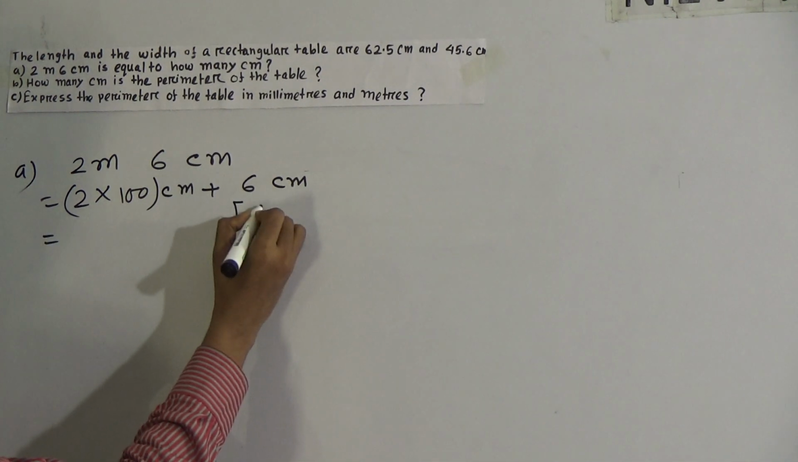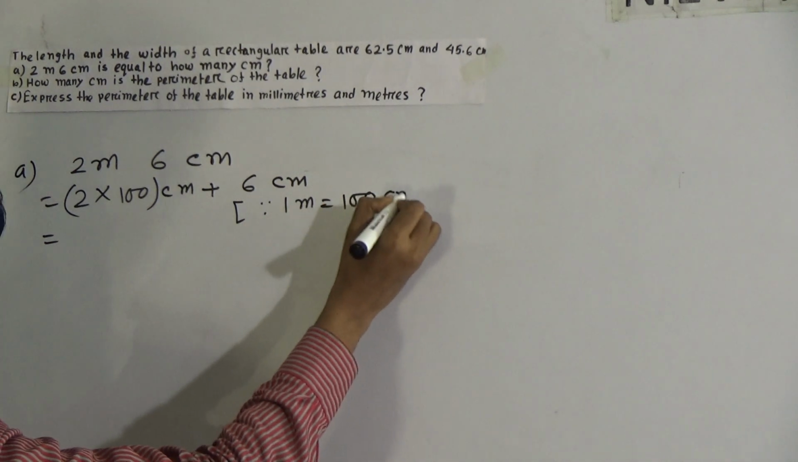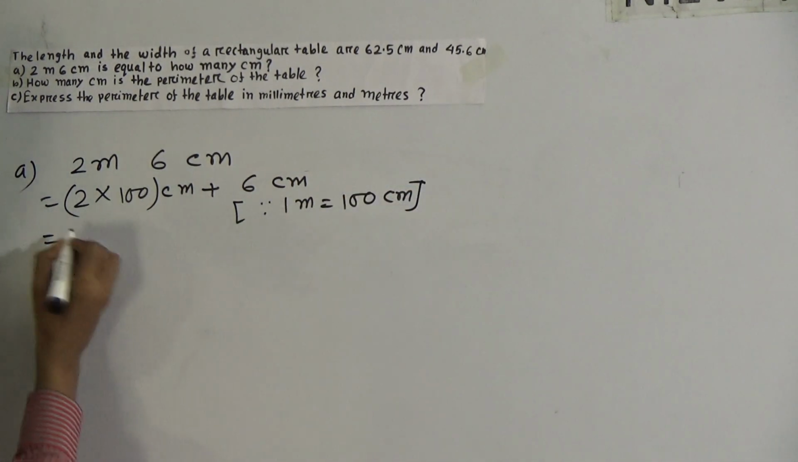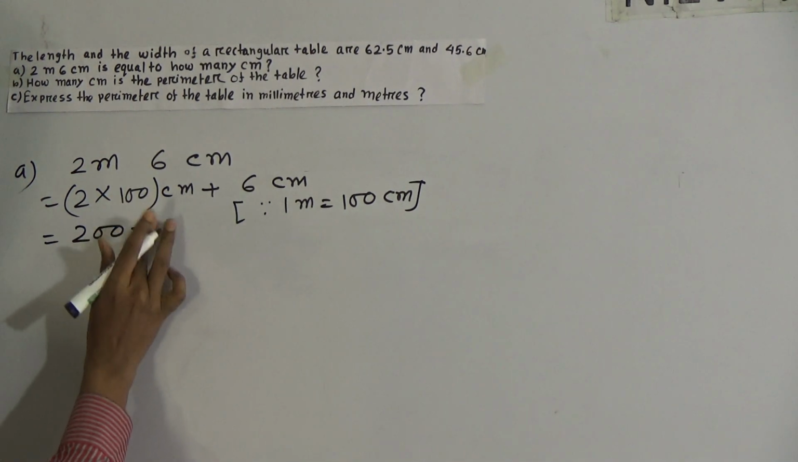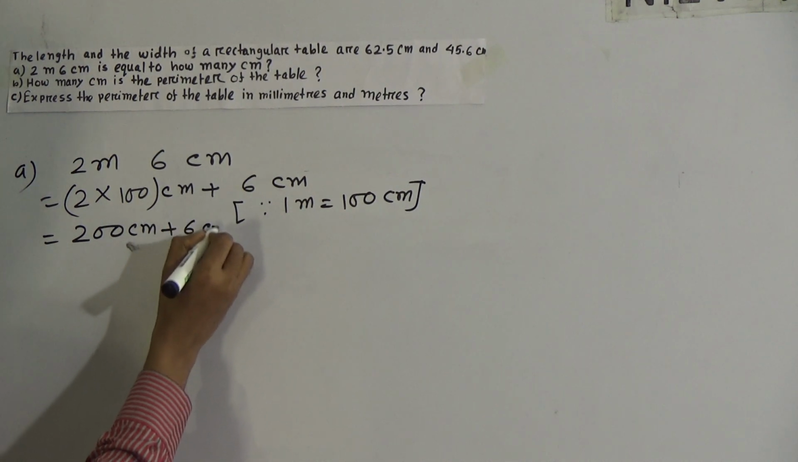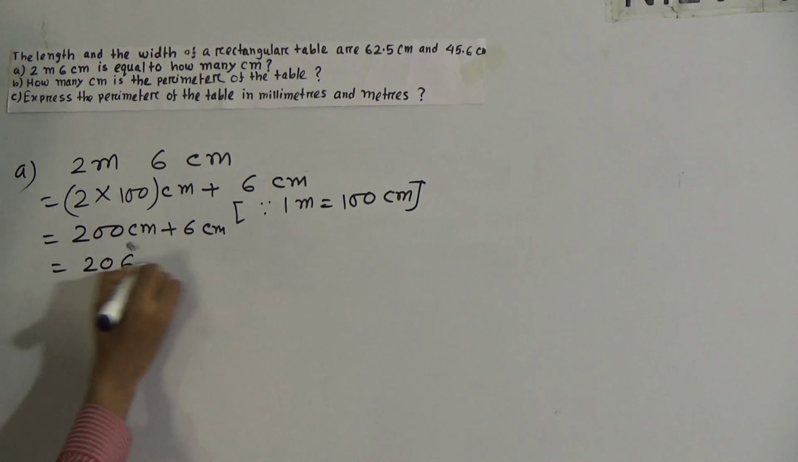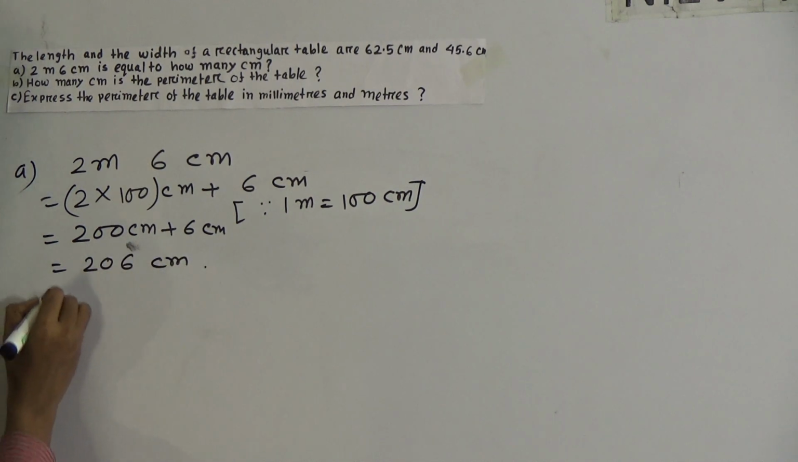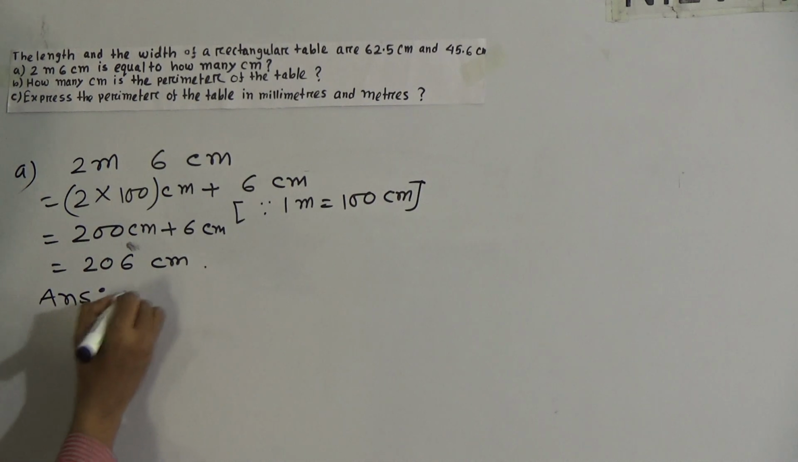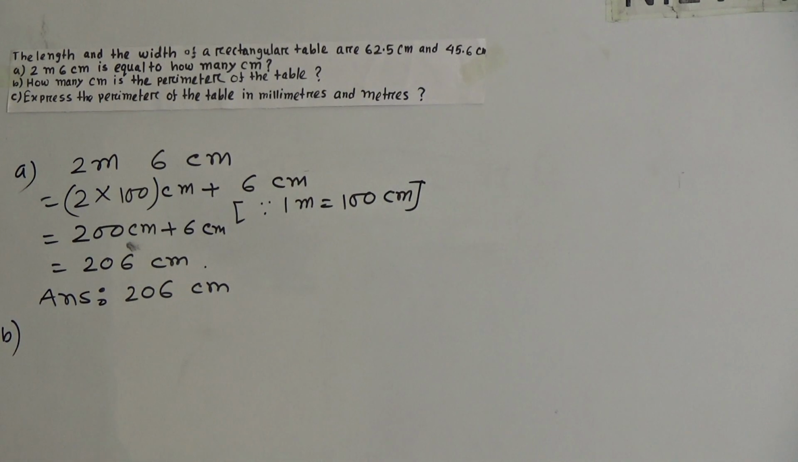Write here as 1 meter equal to 100 centimeter. Therefore 200 centimeter plus 6 centimeter. Now adding 200 plus 6, that means 206 centimeter. Okay, and this is our answer. 206 centimeter. Now B number. How many centimeter is the perimeter of the table? Right. Given that